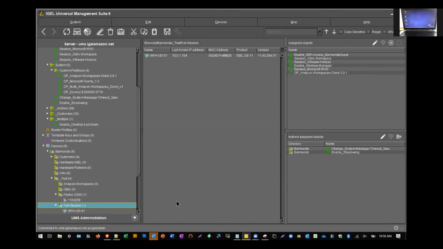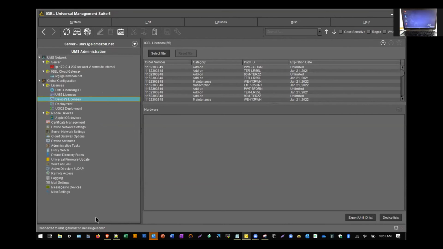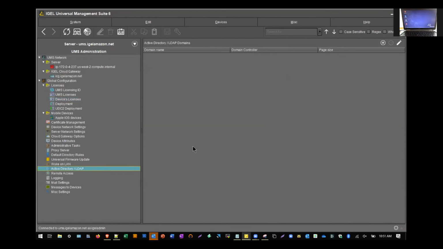To Simon's point, there really isn't any data outside of the sessions that you're configuring on that device, in a secure manner. We do have the ability to connect to Active Directory from an IGEL perspective. So you have the ability to go into the back end and connect to Active Directory and tie in Active Directory credentials if needs be.